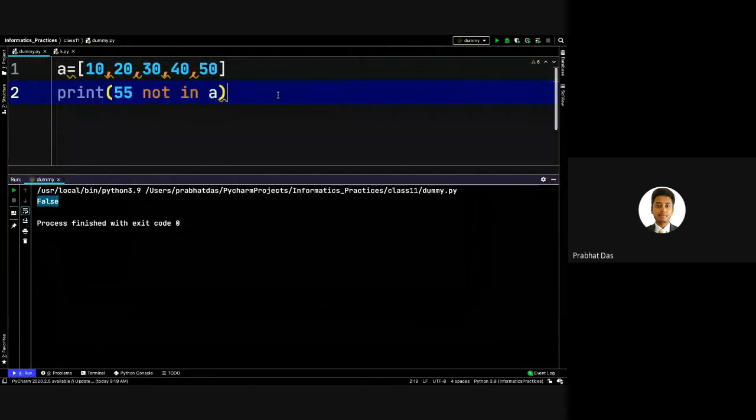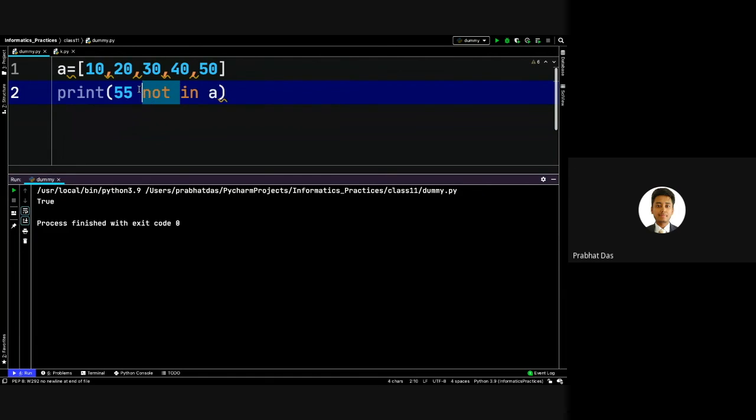So this is one type of membership operator, that is in. But what if I type 55 not in A? The answer that I'm going to get is true, because 55 is not in A. But if I type 10 in A, the result that I'm going to get is true, because 10 is in A. It is similar to what we have learned in the identity operator, but the identity operator checks individual values, and the membership operator can check in a group of values. So in means whether it exists, and not in means that it doesn't exist.